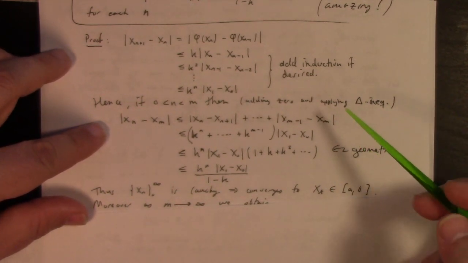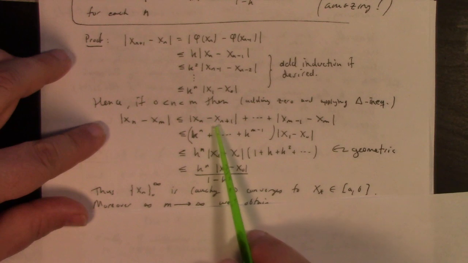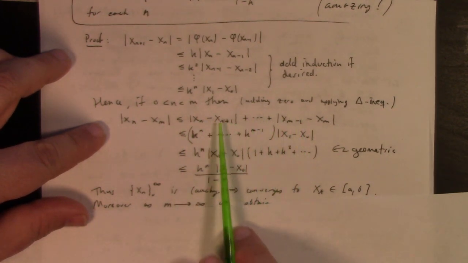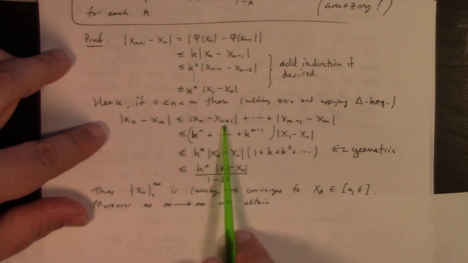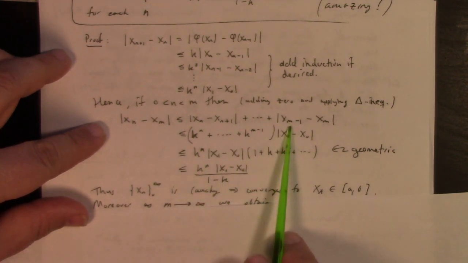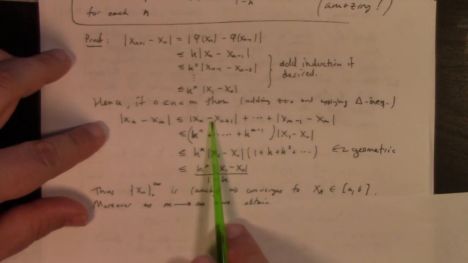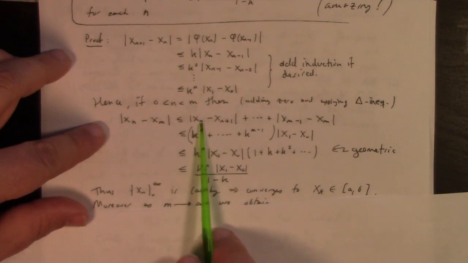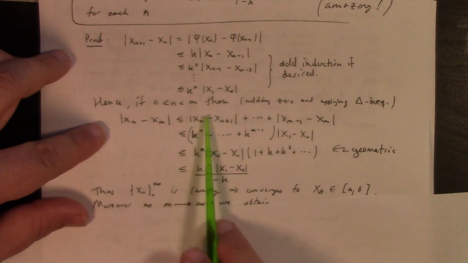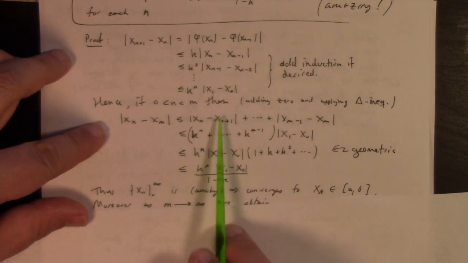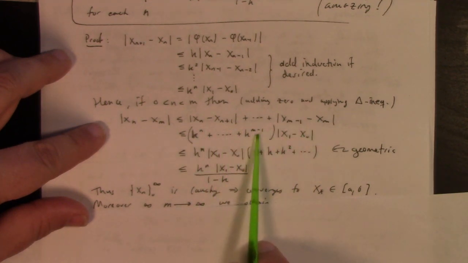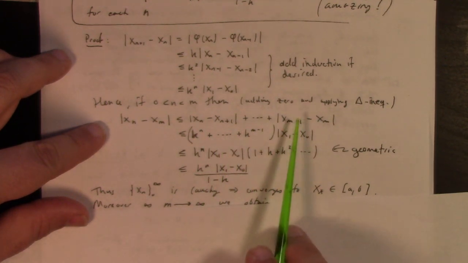Anyway, so that minus that can be rewritten as this, which is less than or equal to this sum. It's sort of like adding and subtracting x_{n+1} all the way out to x_{m-1}, like so. That gives us this sum of differences, each of which can be replaced with k to the n minus 1, so k to the n, plus and so on, plus k to the m minus 1,